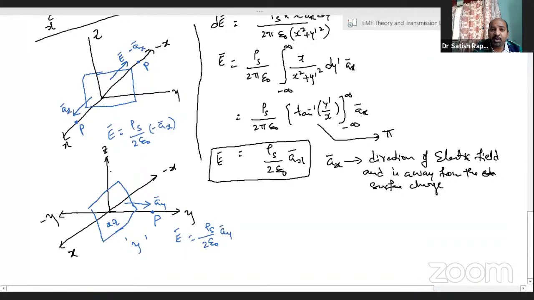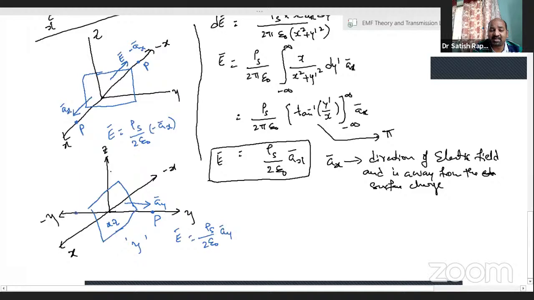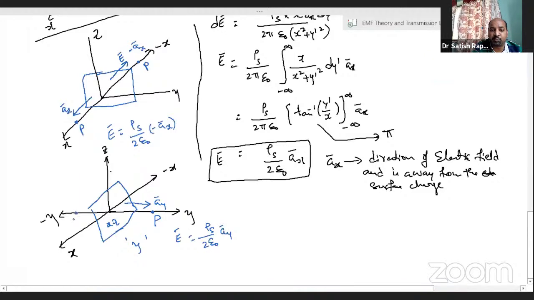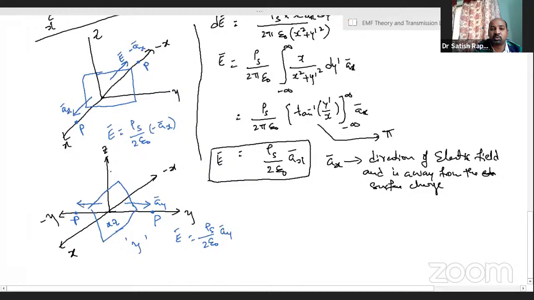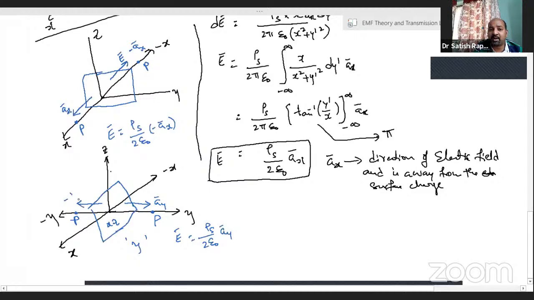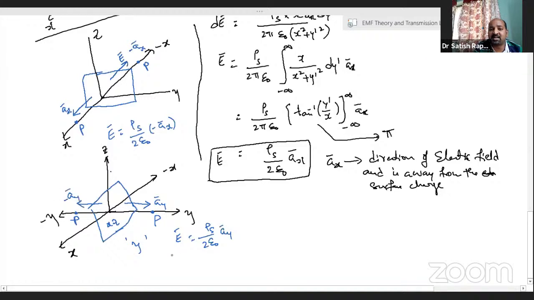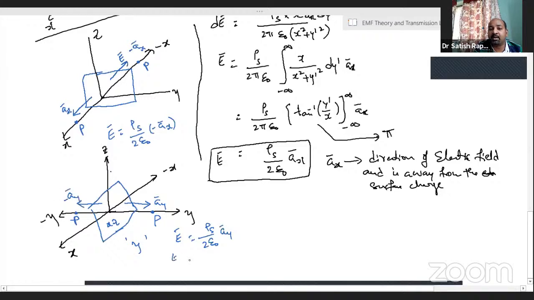So if the point is considered on the other side, the back side of the surface at this point, then the electric field directs towards this point like this, right? Towards this point in the sense minus ay bar. So therefore, E bar is equal to rho s